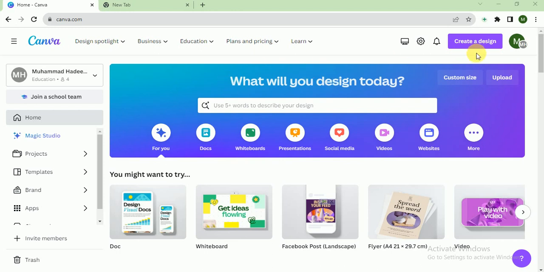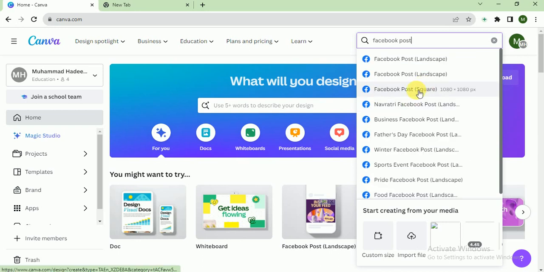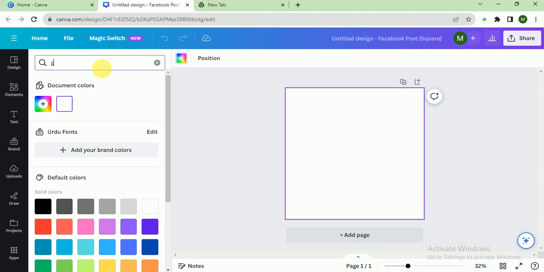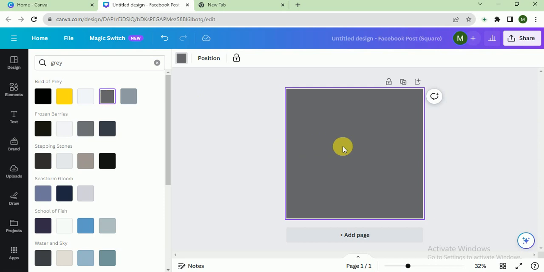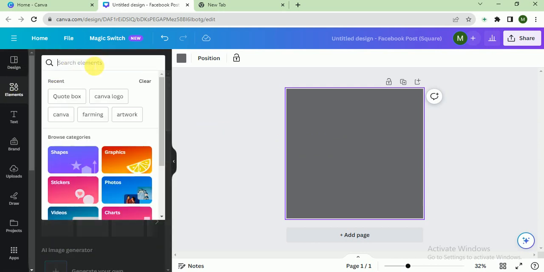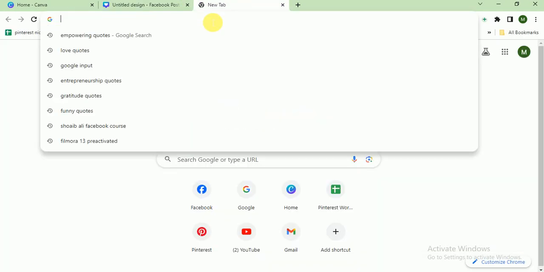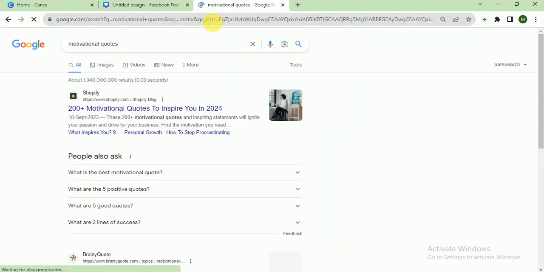So let's create a design, and here I search Facebook post. I click on square. It is the most usual format, and I think for motivation this type of color works. I search here for quote box, but before this I search for motivational quotes,